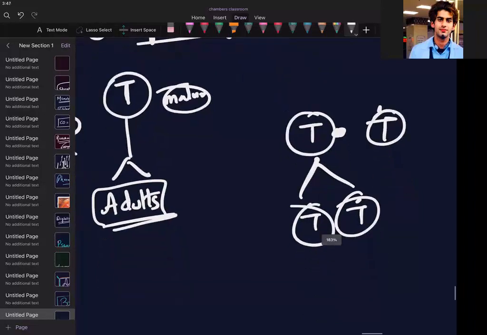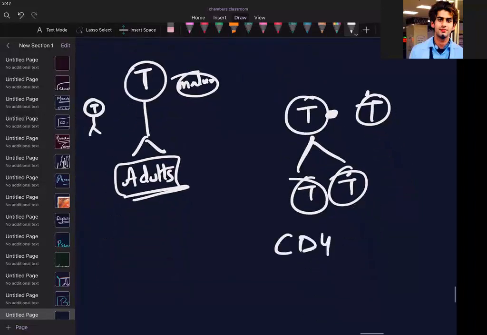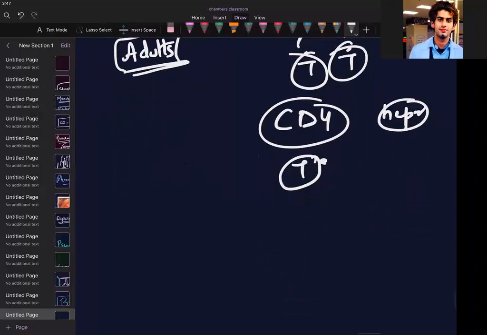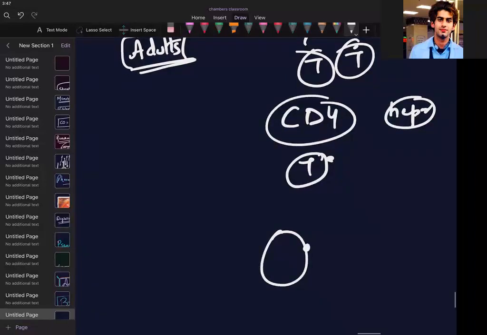Like you have CD4. Every helper T cell should have CD4. If a T cell has CD4, I will say it's a helper T cell. If a T cell has CD8, I will say it is a cytotoxic T cell. That is the basis you are speaking about. CD8 and CD4 are basically surface markers, called clusters of differentiation. So you have CD8. If this is having 8 on the surface, and this is also having 8 on the surface, I should say it is a cytotoxic T cell.